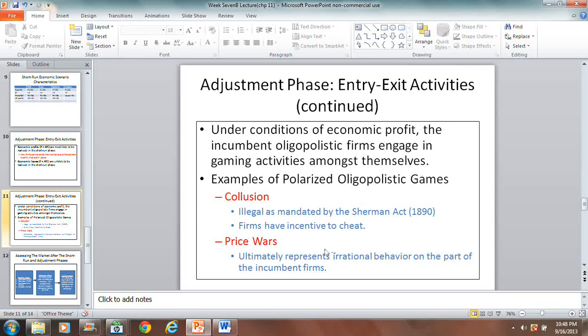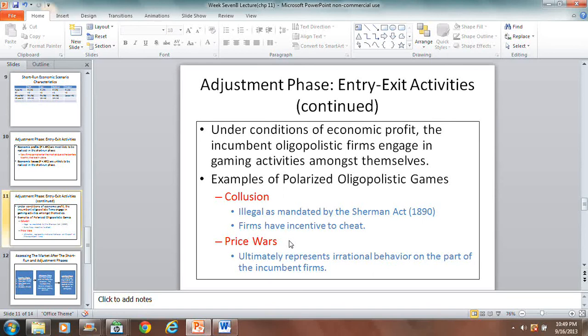At the other extreme, another game the firms could play is what's called a price war. A price war is where firms successively lower price with the objective of driving out the weaker competition. So the firms recognize that we have the market to ourselves. We don't have to worry about any external competition. And so what they do is they go through a weeding out process. So a price war is where the weaker firms, those would be the firms that have the higher costs, are unable to compete with firms that have lower costs. And so the weaker firms will be driven out of the marketplace.